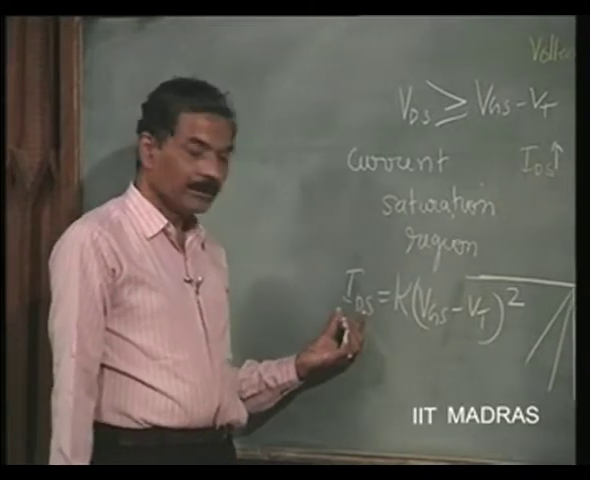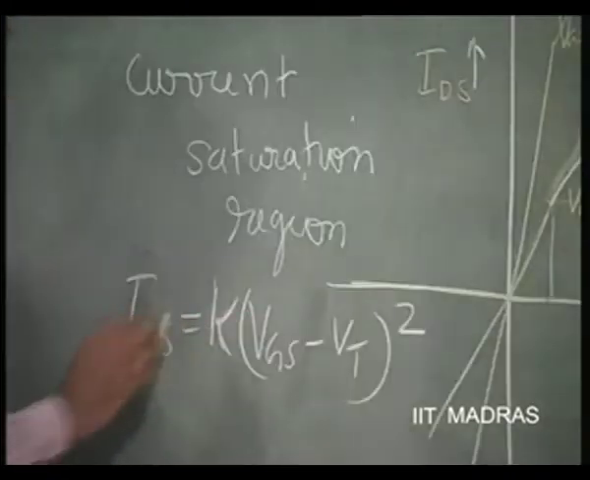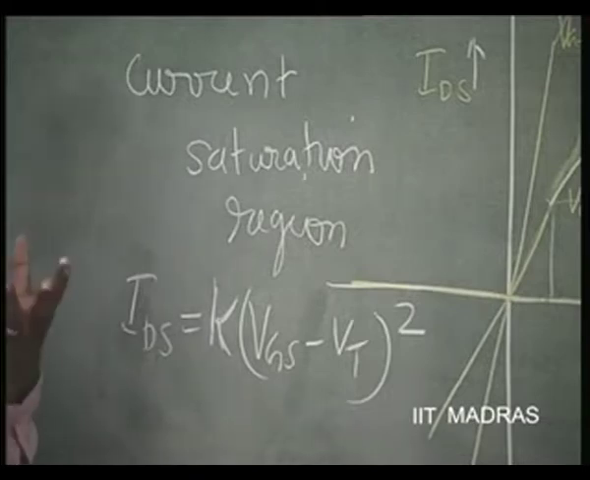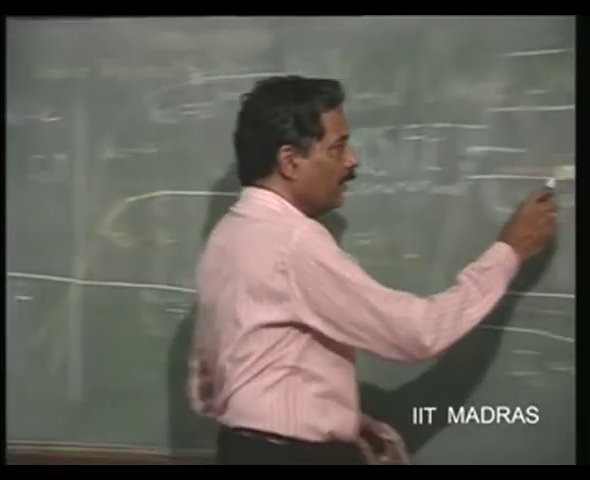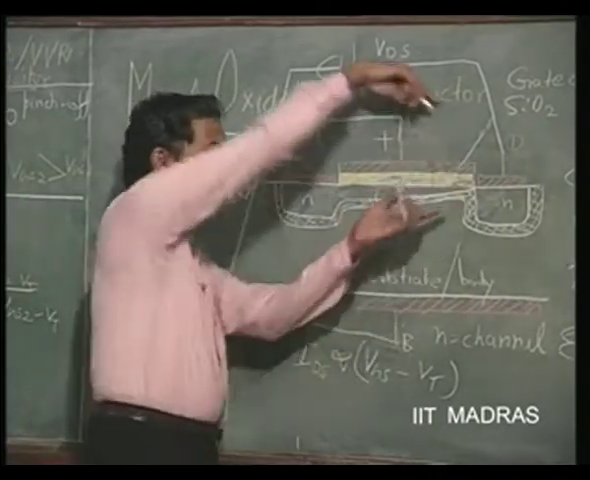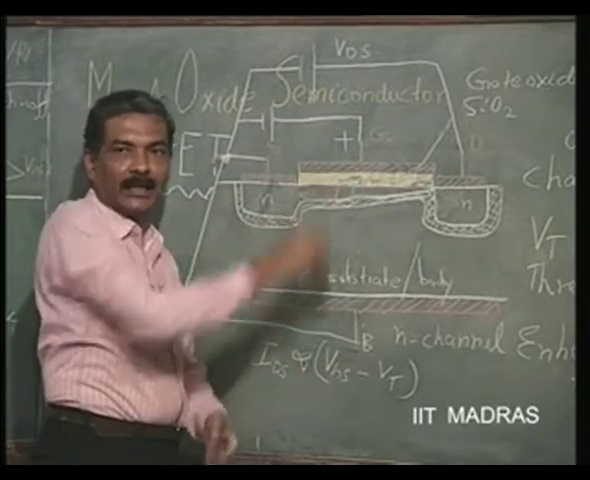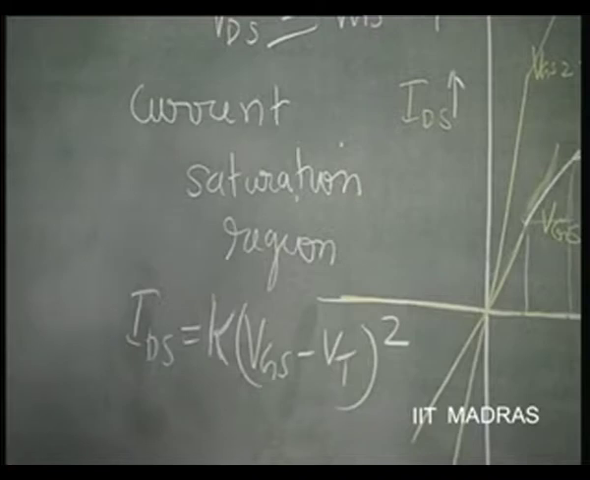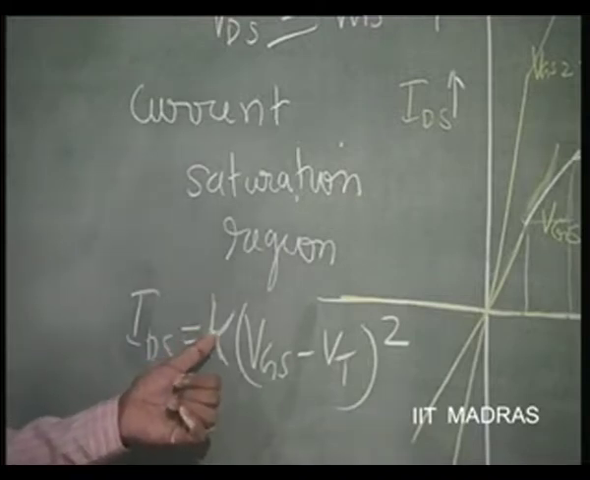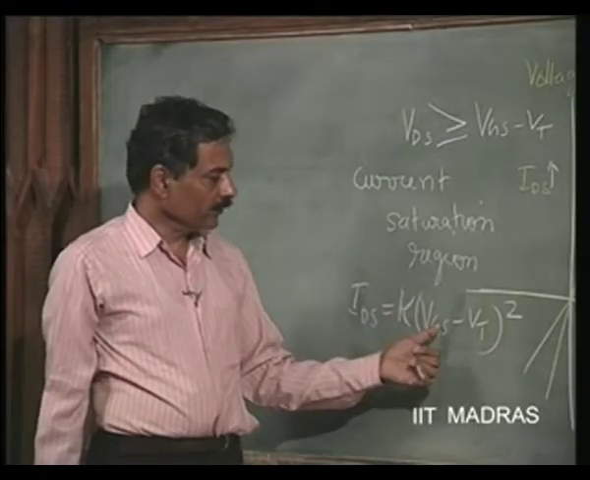So, IDS is K, a constant factor which depends upon the W by L ratio of the channel. W is the width of the channel, L is the length of the channel. Obviously, current, it is the resistance, right, depends upon the dimension of the channel. So, W by L ratio. So, K is a factor which is the property of the field effect transistor, this into VGS minus VT whole